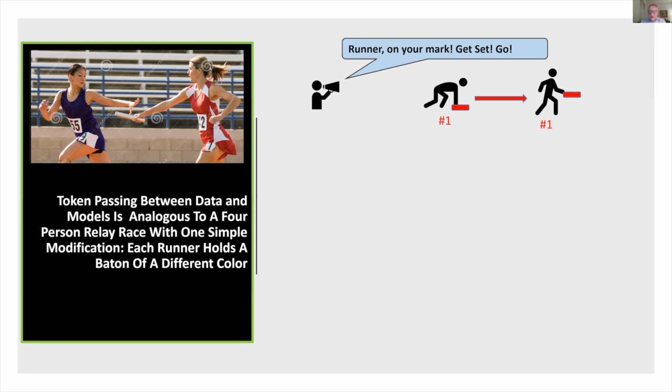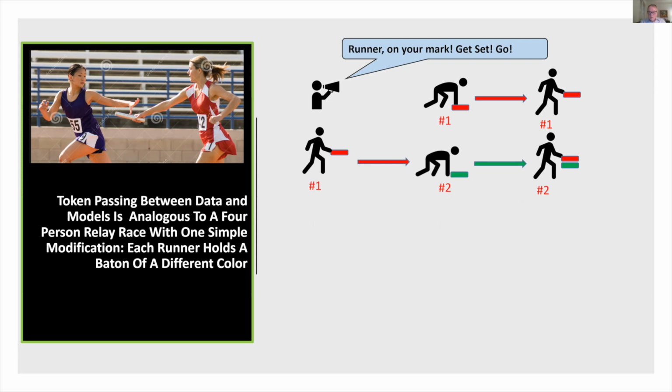Starting at the top, runner number one gets set. He's carrying a red baton and he starts running down the track. When he's finished his part of the track, he encounters runner number two, who has a green baton. Now runner number two starts down the track with not one, but two batons, a red and a green baton.